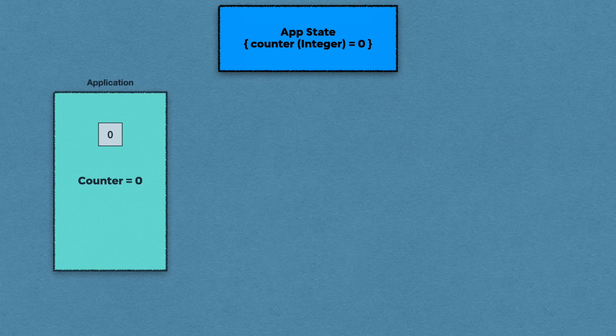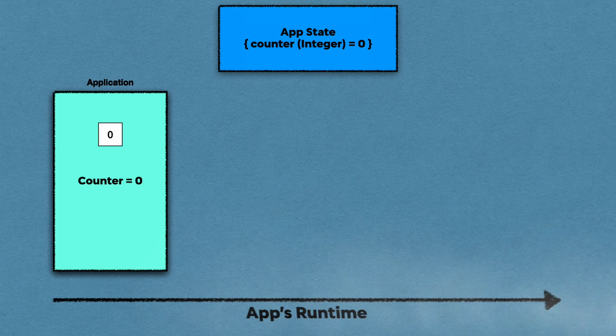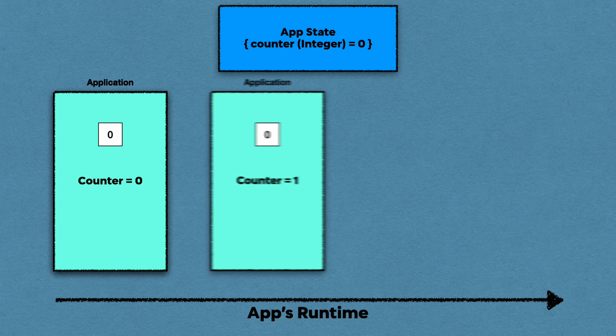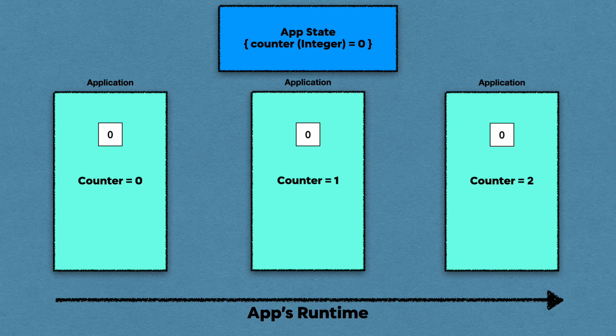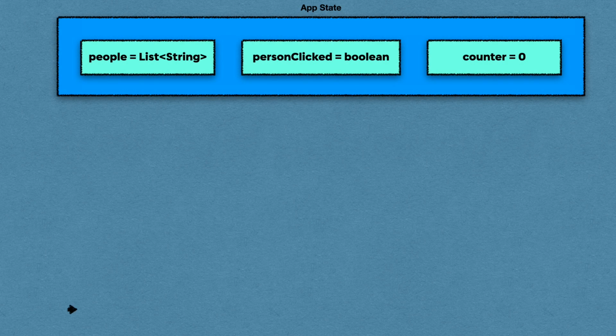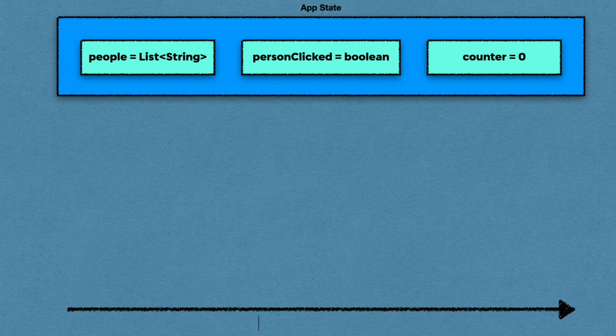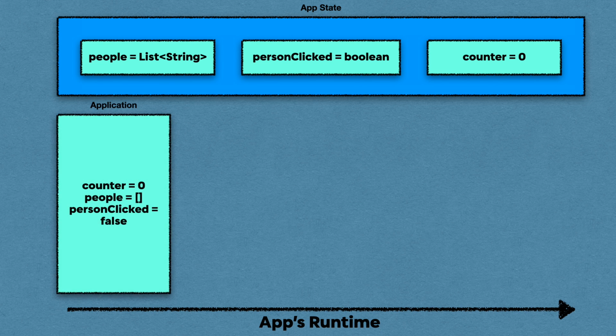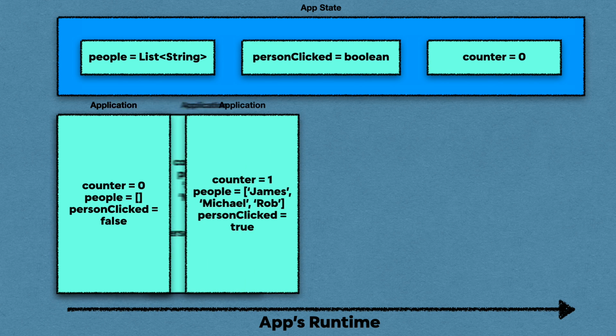Well, in simplest terms, state refers to an app's data that can and likely will change over time. This data could be as straightforward as a single variable, or it could be as complex as an entire database made up of lists or even custom data types. As you can imagine, an application's state is extremely important. A good way to view state is to see it as the app's circulatory system. While an app might have lots of different things happening, different components working on different things, what binds them all